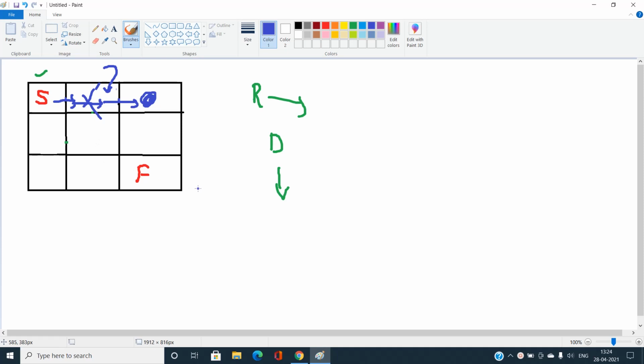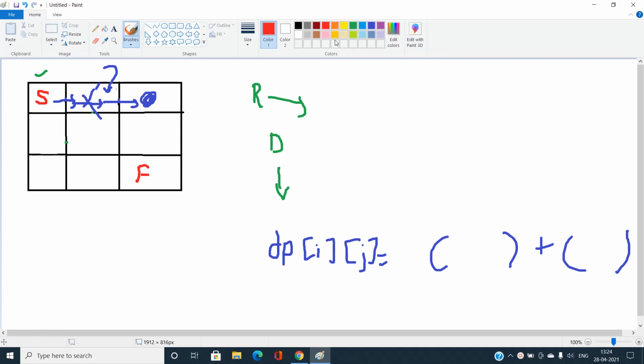Okay, now one thing that should be modified in my DP relation when you find an obstacle is this. You can easily see dp of i j that I am going to write is nothing but these previous values. Okay, so that is dp of i j equals something from the previous row plus the previous column. Okay, now let's talk about when there is an obstacle. You can see if there is an obstacle, I need not calculate this relation. Okay, I should not take care of this relation. So in other words, if you visit an obstacle cell, you need not perform this operation for dp of i j.